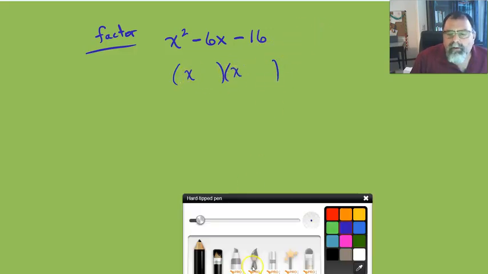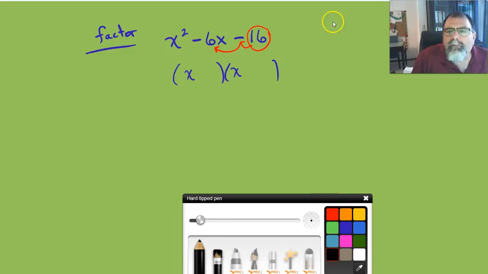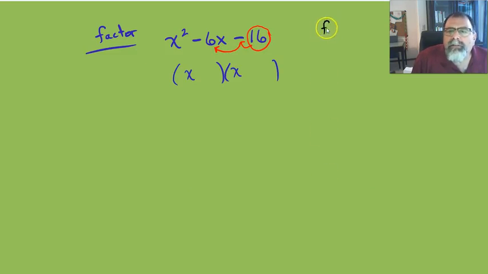This is the way I would do it. I want factors of 16. This is going to tell me to add or subtract, and again, I'm ignoring the sign for the moment. So find factors of 16